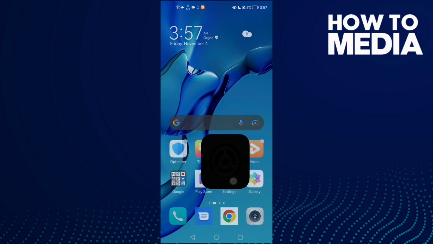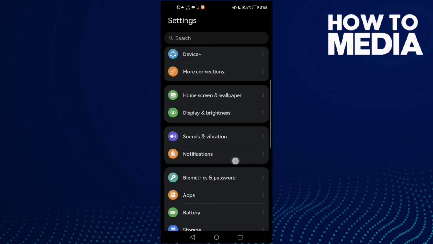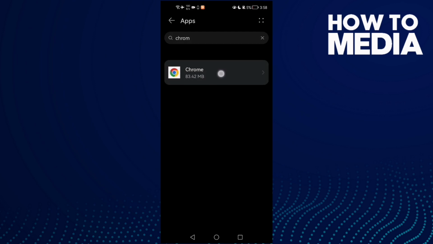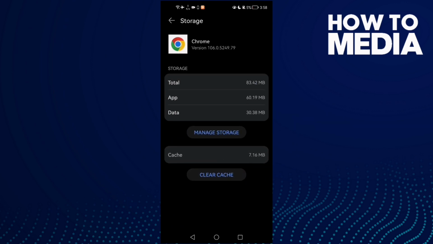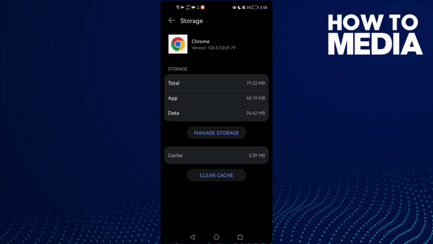phone. First just open settings and then scroll down until you find apps and then click apps again, and here we'll find Chrome. Click on it and now just click here storage, clear cache, and then click force stop. Now just go back and try again, and if that doesn't fix your problem, come back here to storage and